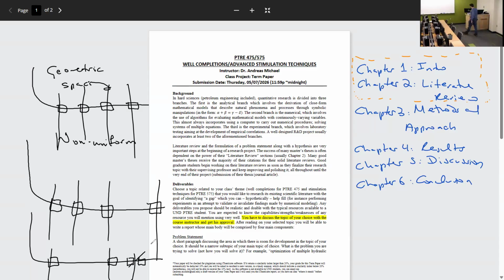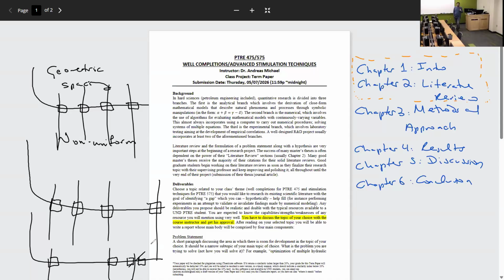Same thing for you guys. I want you to make a hypothesis, this one sentence statement for your project. And then I want you to propose how you are going to test it. And this is where you need to know what you are going to be talking about, okay? And you're going to know what you're talking about when you know what other people have